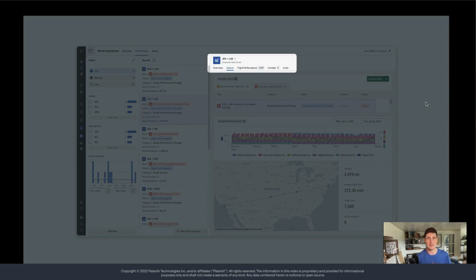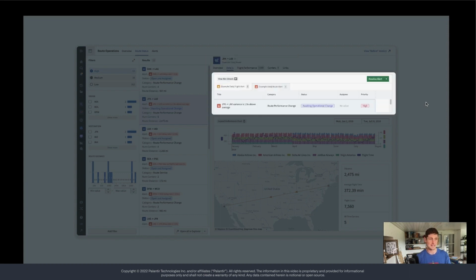So anytime I'm looking at this, if I'm looking at it within Object Explorer, or if I'm in another application that's also using this object view, it's going to be familiar to my user what interactions they can take. And that means, for instance, that I'm always going to find the alerts, both the route and the flight level alerts that are active for this particular route here. And I'm always going to have the same set of actions up in the upper right corner, right? There in green, resolve alert. And then if I drop it down, I can have my other actions to maybe edit it, delete it,